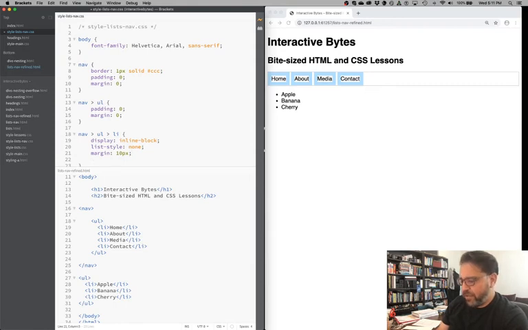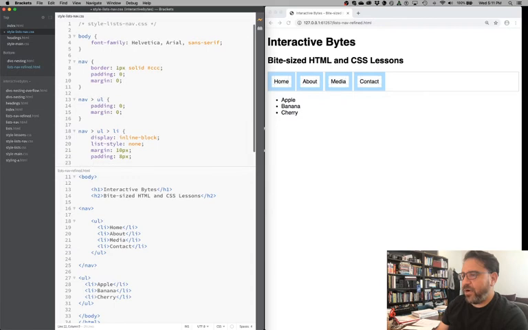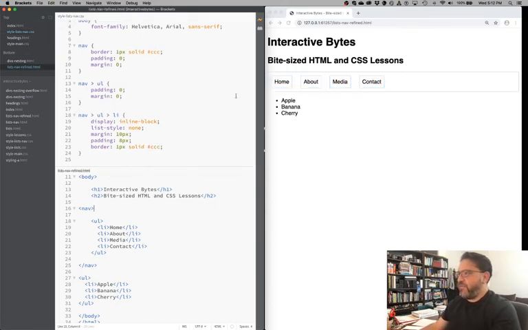I want them to spread out a little bit, so I am going to do a padding of about 8 pixels on each of these as well. So that gives us things that kind of look buttony now. And we're going to do a border on each of these of a 1 pixel, and we'll do a solid, and we'll do a CCC on those. Okay. All right. And so now we have the makings of sort of a wireframed little HTML nav bar here. What this also means is that I can use these LIs as boxes of their own,